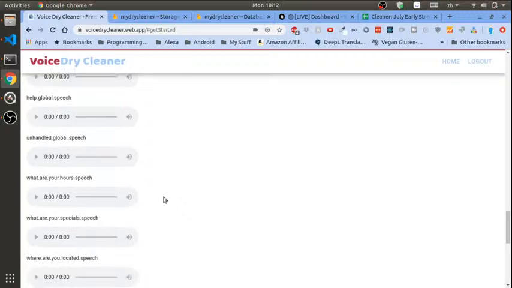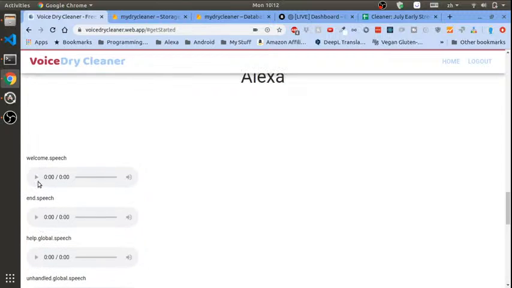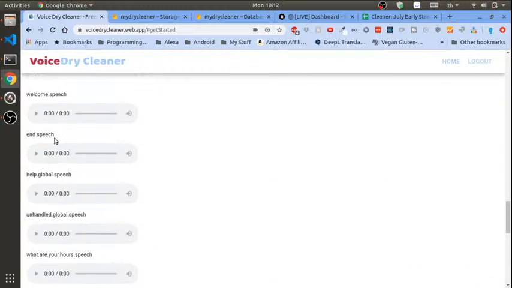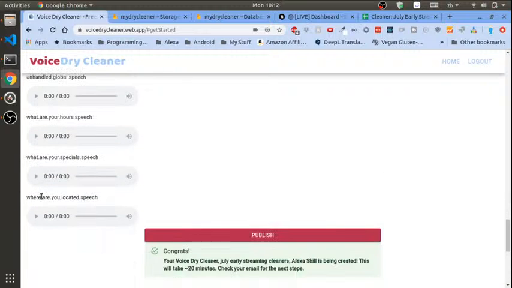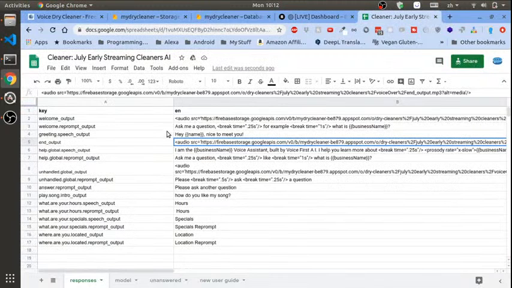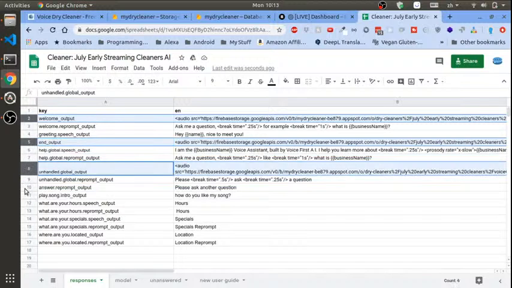So I don't know why it keeps, like we didn't put what are your hours, we didn't say where you located, but for some reason it thinks those files exist and none of these are stored. So I got to do some more debugging on the back end, but we should have a lot more links in here, and we do. We've got welcome output, we've got end output has an audio SRC, we have unhandled,